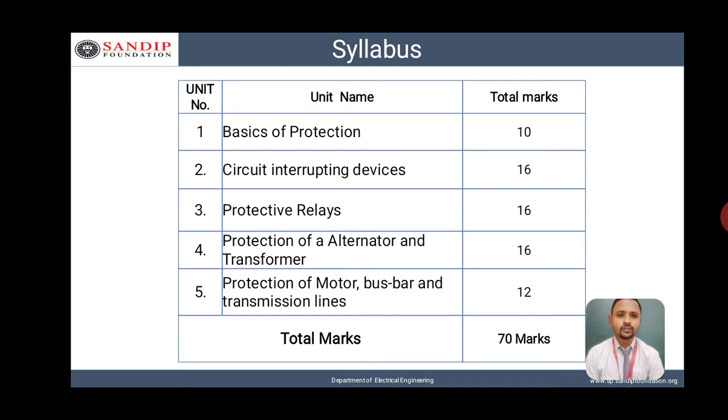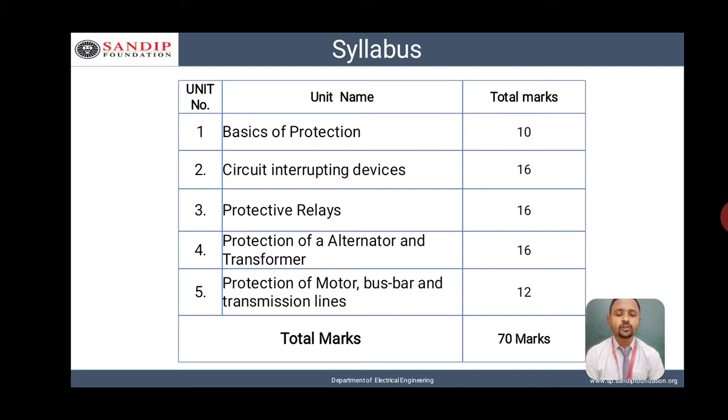The fourth unit is protection of alternator and transformer. Actually, various kinds of protection should be applied to the alternator and transformer. Various kinds of protection schemes we are going to learn in this fourth unit, and the total weightage is 16 marks. The unit number 5 is protection of motor, bus bar and transmission line.